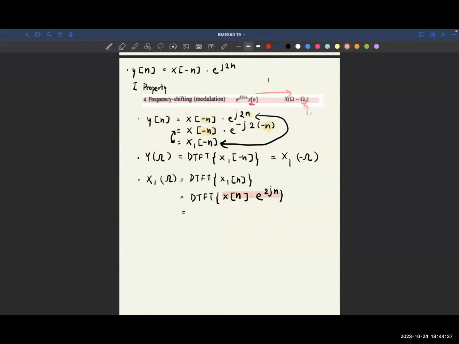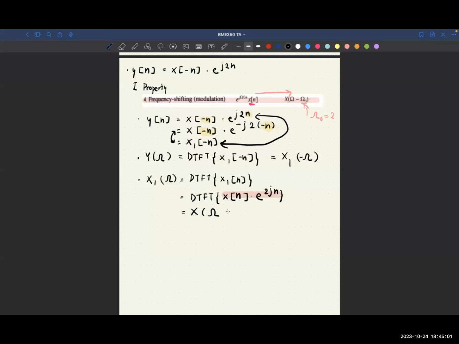Omega naught is actually just 2. So yeah, you're almost right. Just 1% more. And therefore, after we apply the discrete time Fourier transform of this term, we will get x